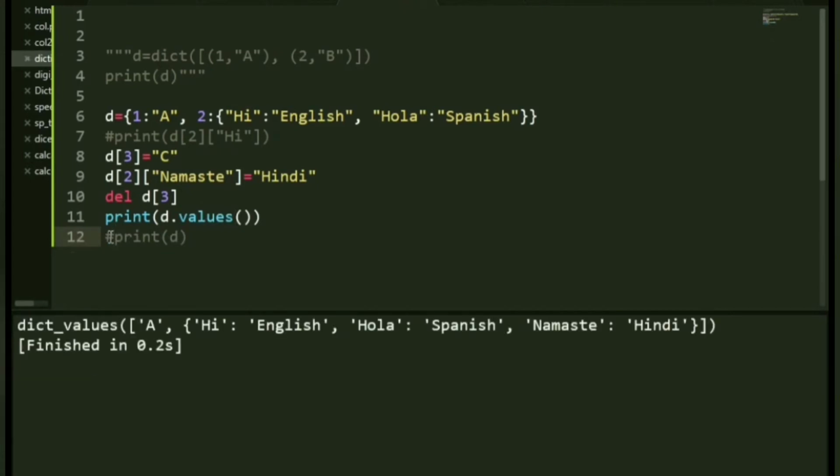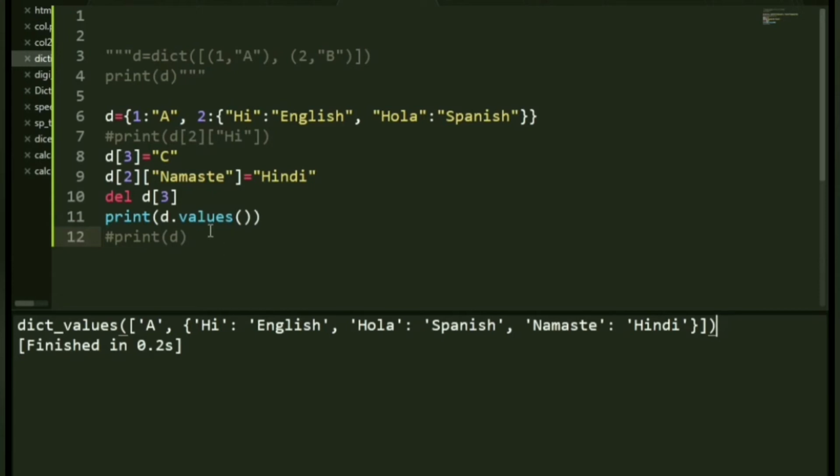Okay, you have all the values, this entire value comes as 1. Similarly, you can say D dot keys or D dot items to get both the keys and the values. Now let's move ahead to actually iterating inside the dictionary. So what you have to do is simply put the above methods inside a loop and you can get the values one by one. I'll show you a slightly difficult concept, or rather say an example, and you can solve the easy ones by yourself.